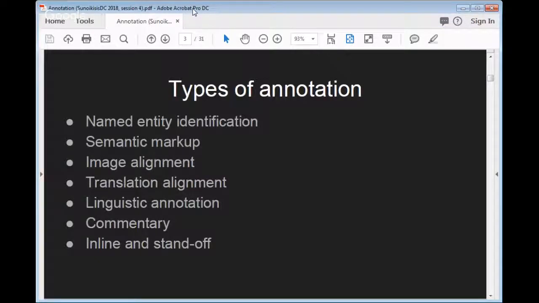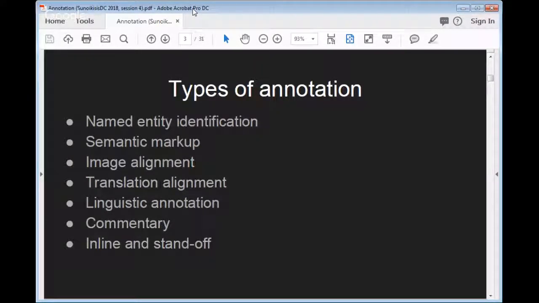So in terms of types of annotation, in addition to web annotation, which is the kind of thing we'll be talking about more towards the end, effectively almost any kind of adding information to a text, whether it's your own text or someone else's text, is a form of annotation. Okay, so we've talked about annotation in pretty much every session this semester, and we will do for the rest of the semester as well.